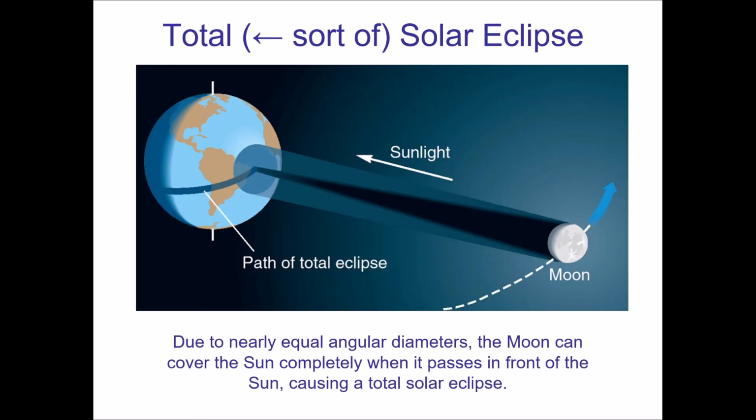So this picture here is showing a total solar eclipse. Now I say sort of total solar eclipse. The reason why I'm saying that is because you see the umbra and the penumbra shadows here, and they hit a particular region on the Earth. Now, if you're in North America, you're not seeing an eclipse, right? If you're in Brazil, according to this picture, you're most likely seeing a partial solar eclipse. And there's a small portion where the umbra actually does hit the Earth, and that's where the total eclipse would